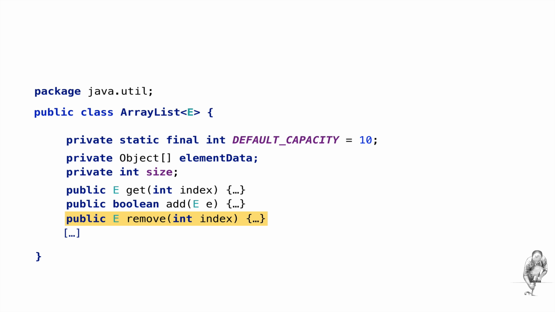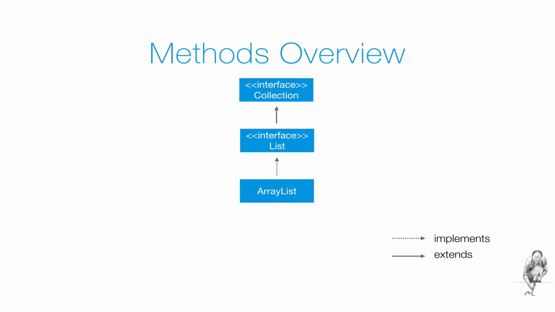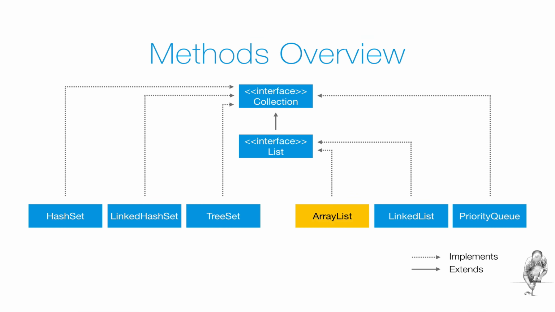methods now. So let me give you a short overview of the methods of the ArrayList class. To make things easy for you, I have broken up the overview into methods belonging to the Java Util Collection interface and methods belonging to the Java Util List interface. When I talk about other containers in later episodes implementing the list or the collection interface, I will refer back to this episode, instead of repeating myself over and over again.